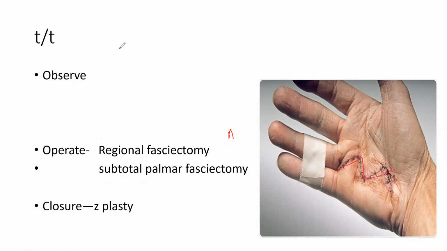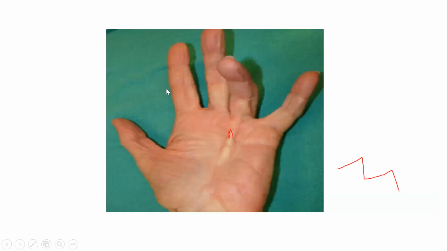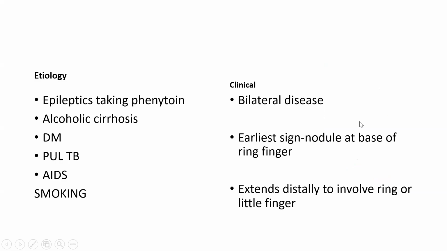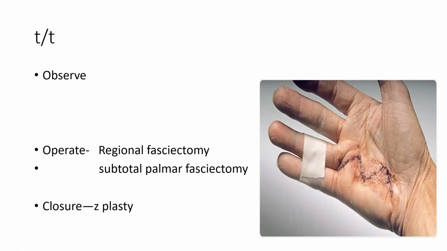So what we do: we take incision this way. So इसमें incision कैसा लेते हैं? We take incision like this way. So you take incision in a Z pattern. So Z pattern में हम incision लेते हैं, and then the closure is easy. So closure इसमें कैसे करते हैं? Z pattern closure करते हैं. It's not that the Z pattern is specific to this. If anywhere in the body you cannot close the skin, you can do this, Z plasty बोलते हैं.